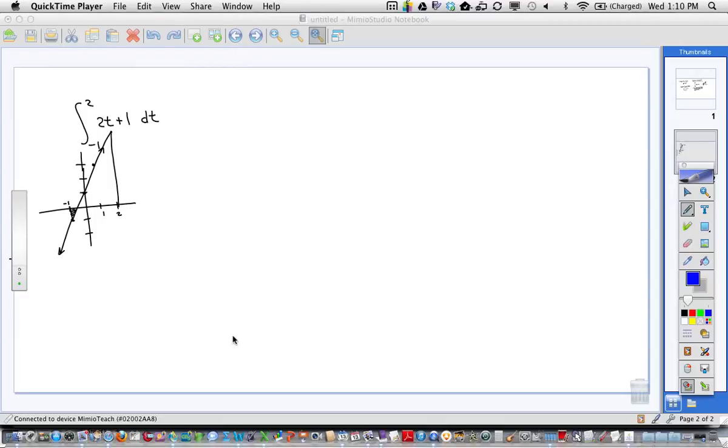Remember, it's the area between the curve and the x-axis, and it's from -1 to 2. I picked kind of a hard one right off the bat here, but that's okay. We'll study some other stuff, and then we'll come back and finish this one. But wouldn't it be that area there, because that's between the line and the x-axis, and then it would also be this area here,